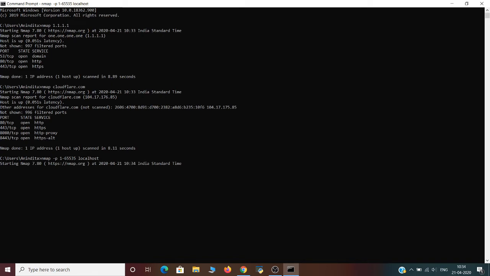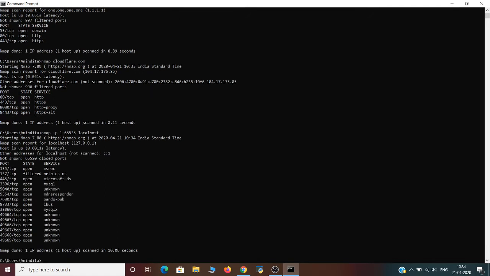Okay, so in this example, we have scanned all the 65,535 ports for our local host computer. So Nmap is able to scan all possible ports, and like this, we have obtained the results. But we can also scan specific ports, which will report faster results. For example,